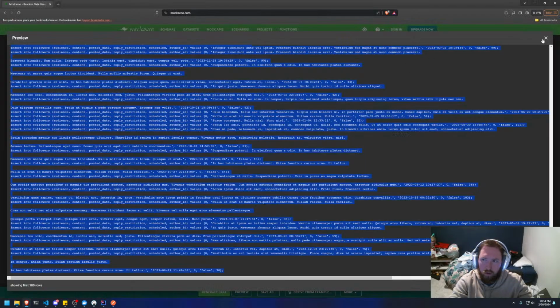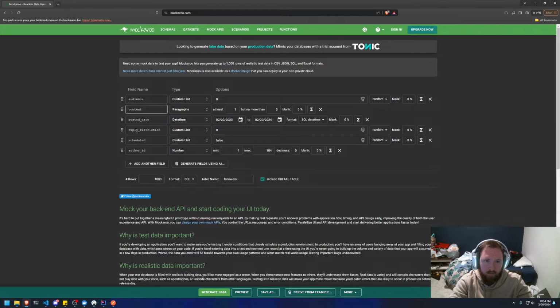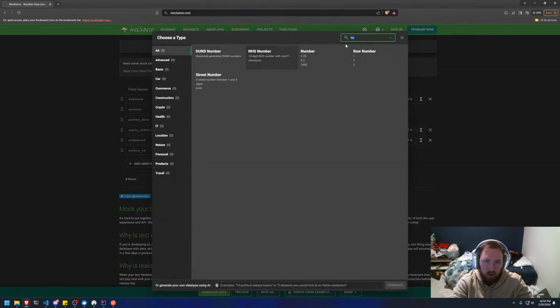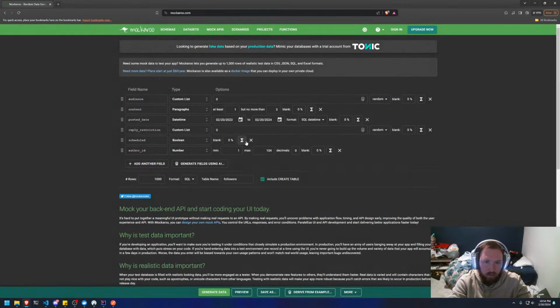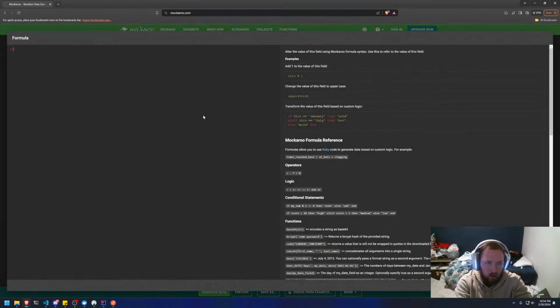So we're going to do the Boolean thing here. Instead of false, we'll do a Boolean, and the Boolean will do the same thing we did here. If this is equal to false, then true, else true,